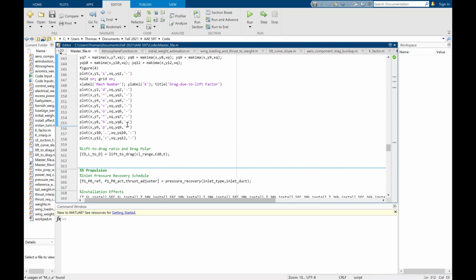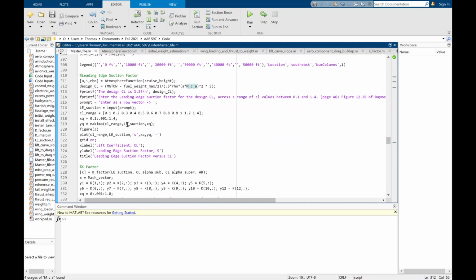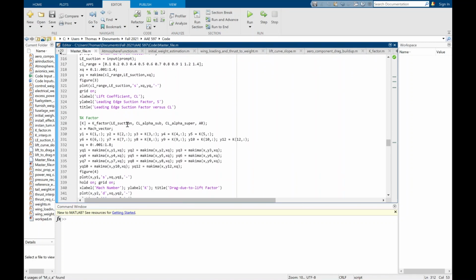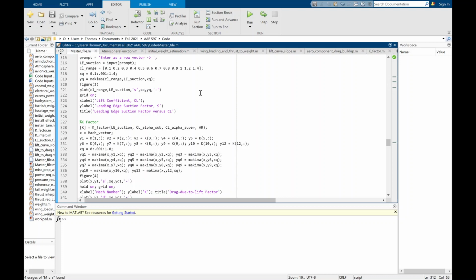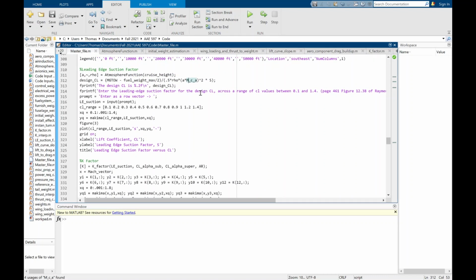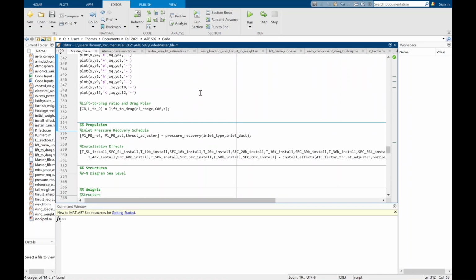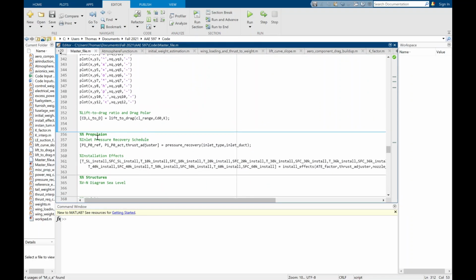So that's the end of the aerodynamics section. It calculates the majority of the things that you need, such as your maximum lift to drag ratio, your drag due to lift, your parasitic drag, your overall drag, which will be very useful later on when we're doing our performance calculations. So the next thing that we're going to look at is the propulsion system. So we can go into this pressure recovery function,